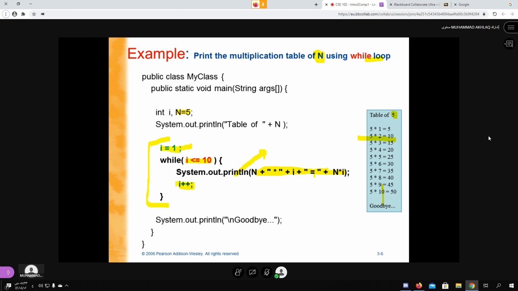Now the problem is if you don't have the increment or decrement, if I remove this line, then this loop will become an infinite loop. It will never break. Why? Because i will be 1 and it will always remain 1. If you remove this i plus plus, it will never come to 10 and it will never break the loop. So be careful, when there is no increment or decrement, the loop becomes infinite.